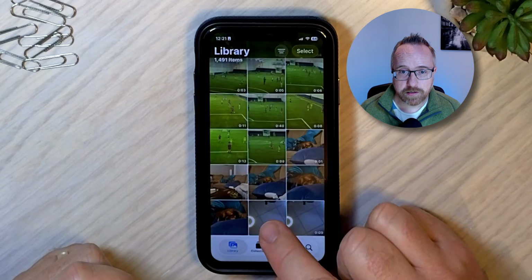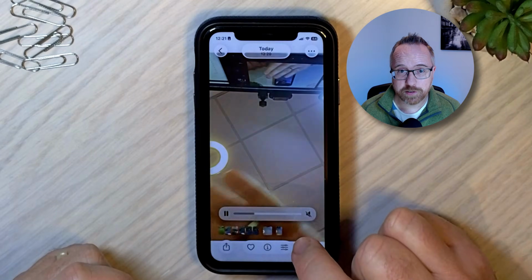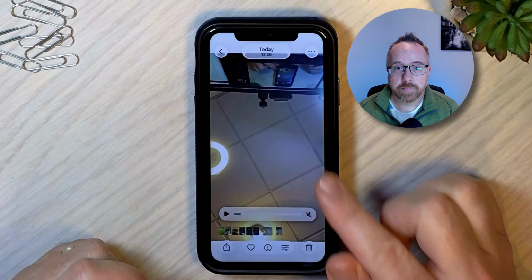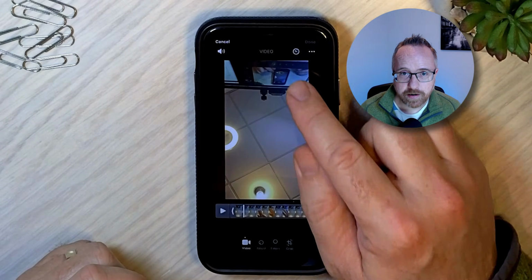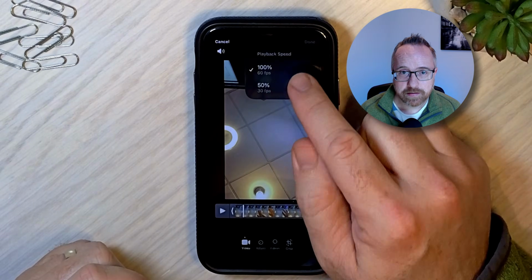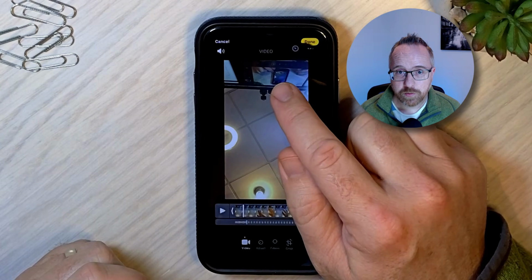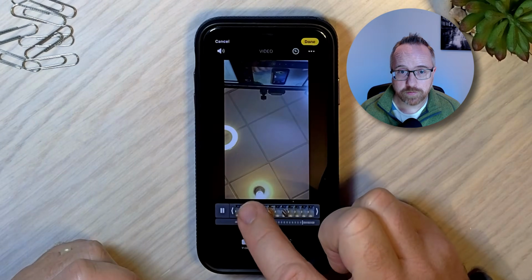And this video here, I just shot a second ago, is at 60 frames per second, which means we can slow it down. The video looks normal speed now, but if we tap on this little filter icon down here, and then at the top, we will see this little speed dial. If we tap on that, we can choose 100% speed playback or 50%, which is 30. And the 100% is the 60 frames. So if we play this now,